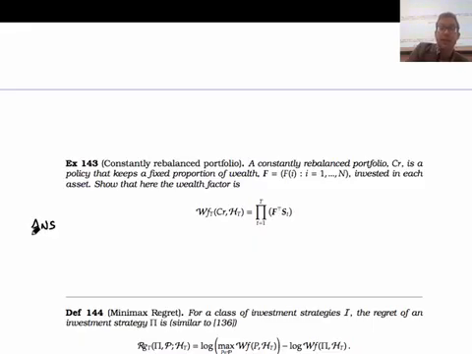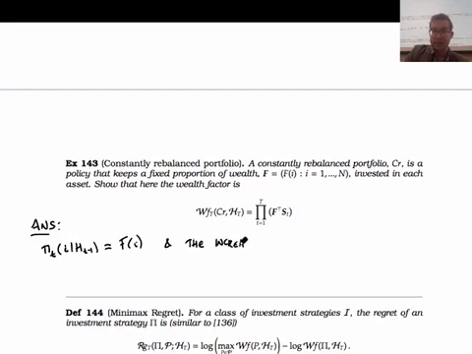And it's really just a recap from the definition before. So we know that under my policy pi, the amount that I multiply my wealth by at time t is pi times s. Okay, and here I've said pi is fixed, so I'm not changing the proportions. So I just multiply up the wealth that I get from each round. Okay, so here pi of t of i given h of t minus 1 is just equal to f of i, and the